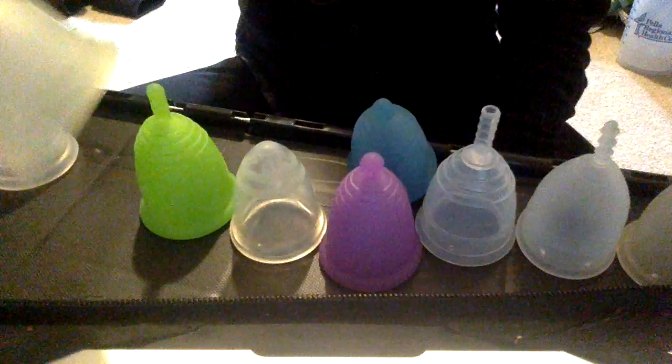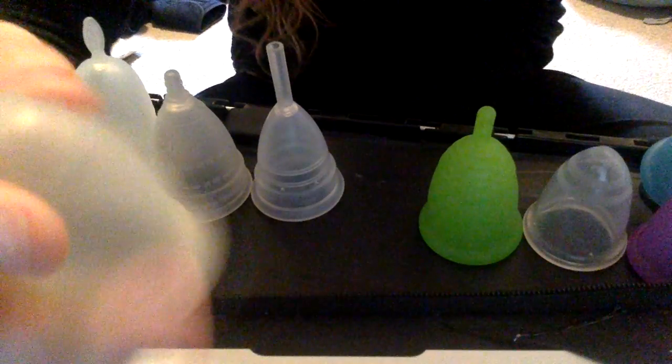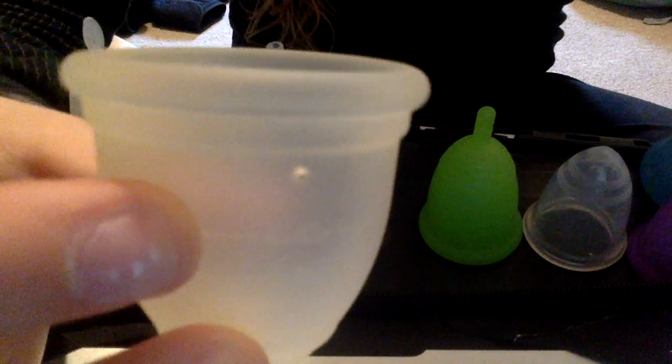This is the Ruby cup. Keep moving this down. Sorry about that. I can't get the whole thing in one shot. Ruby cup, good grip rings. They're subtle but easy to kind of grab, you know. Subtle rim, double rim,